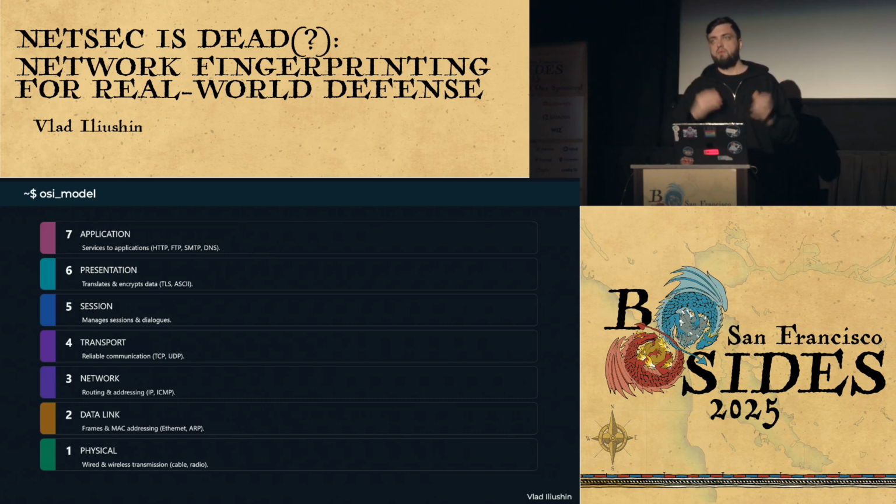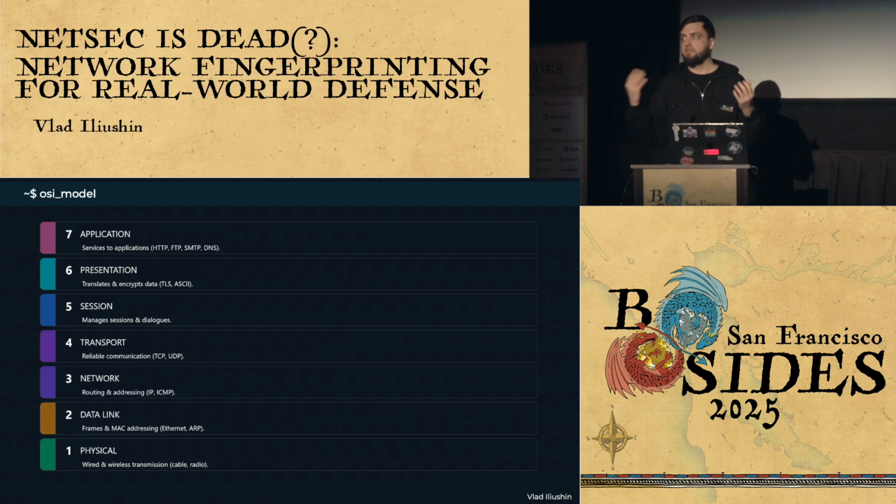So the OSI model just describes, or tries to abstract, different layers of network communication, starting from the very first, which is bits on the wire, all the way up top to the application layer where application data lives.